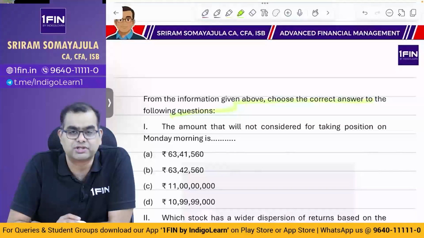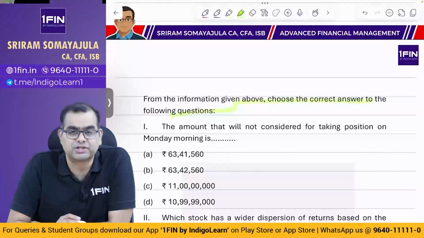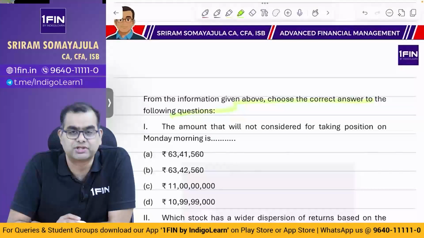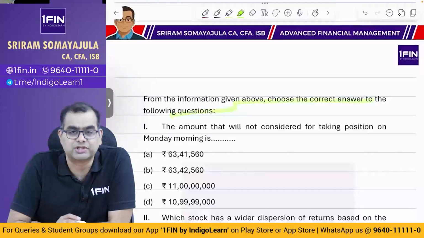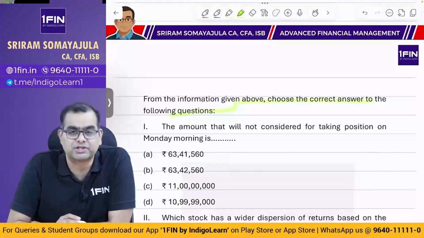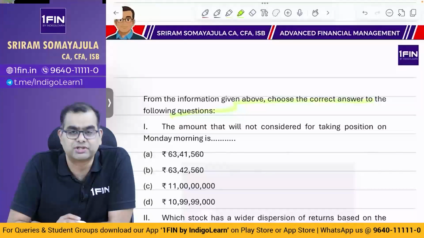Standard deviation, you have to do for each one of them separately. So for this, 6 minus 8 whole square into 0.1, and like that you have to sum for everything. So the result is 2.1 for the first, and here the result is 4.2. See, now looking at this itself, you can very clearly say this has a higher dispersion.